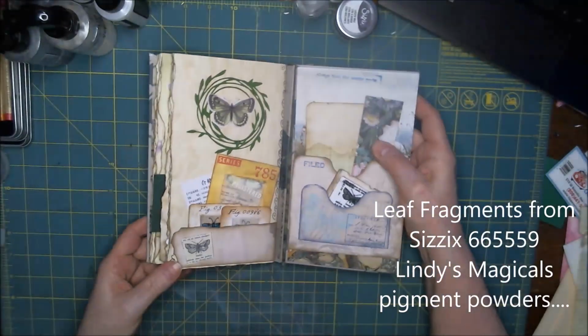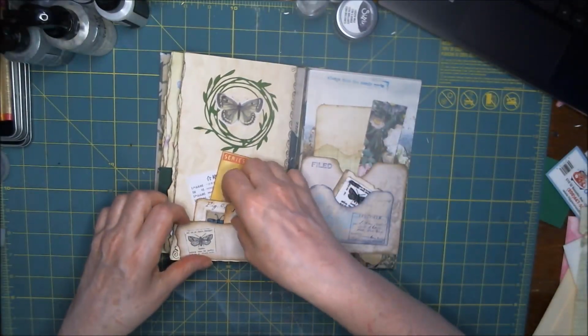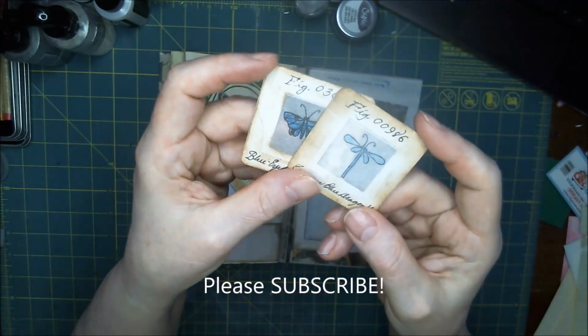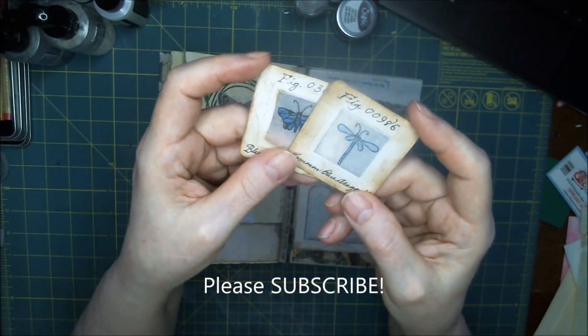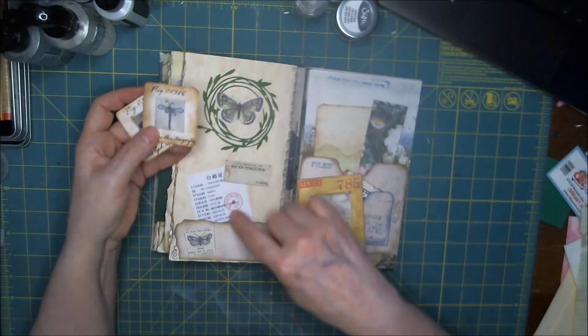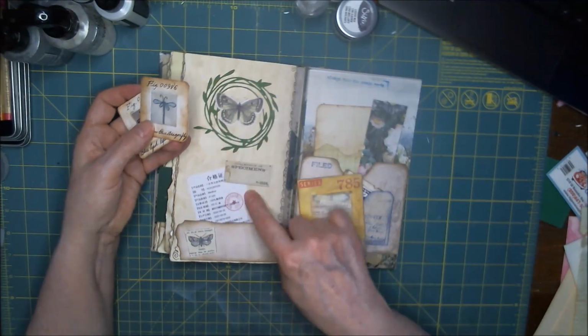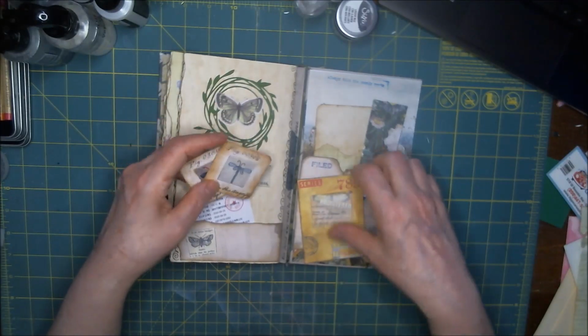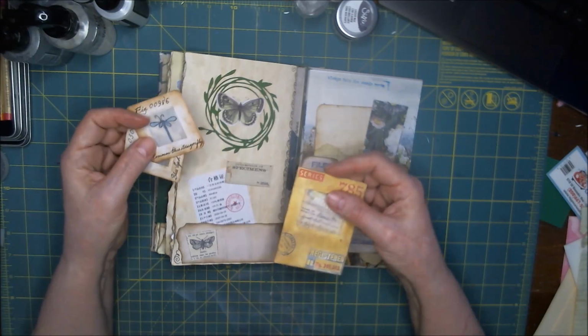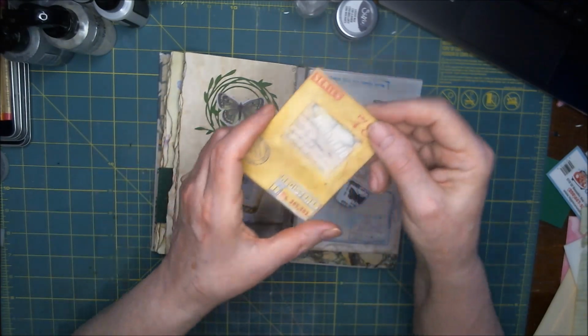So this is the back. And I put in a couple more of my little hand-drawn beauties. And as you can see through them. This actually comes off of something that we got at work. I don't read it. It's in Chinese, I believe. And then this,